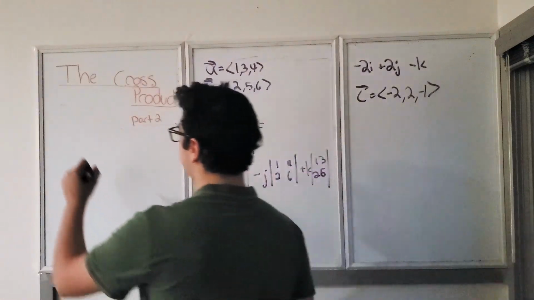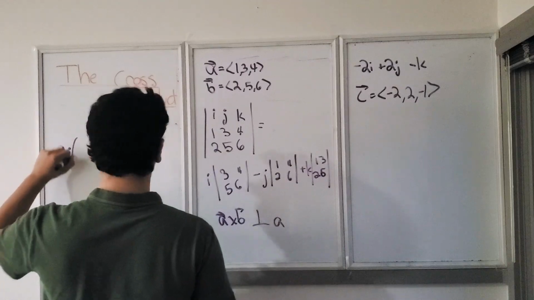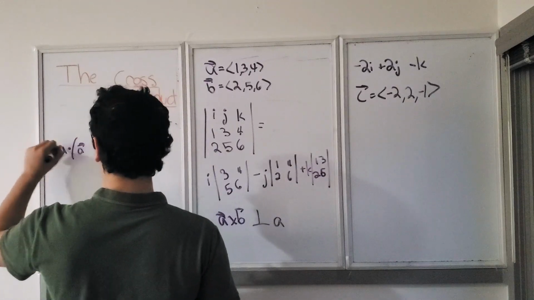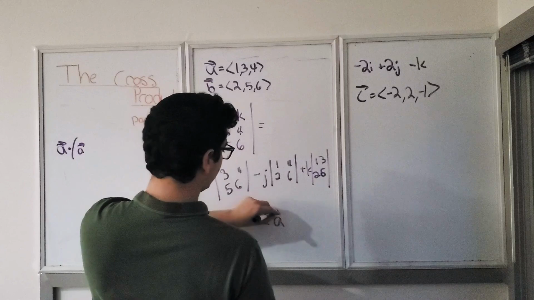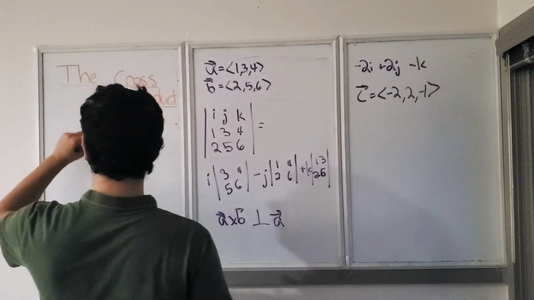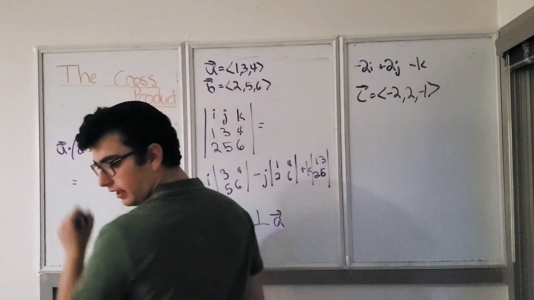So I need to compute A vector dotted with A cross B,